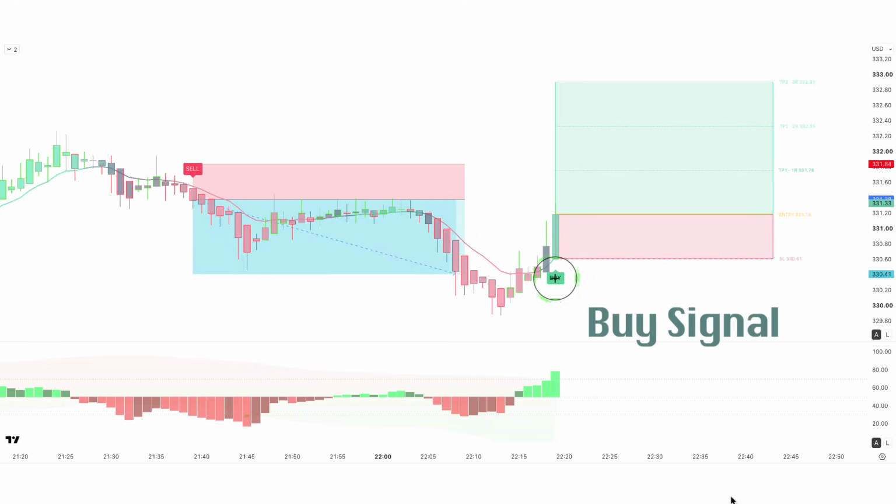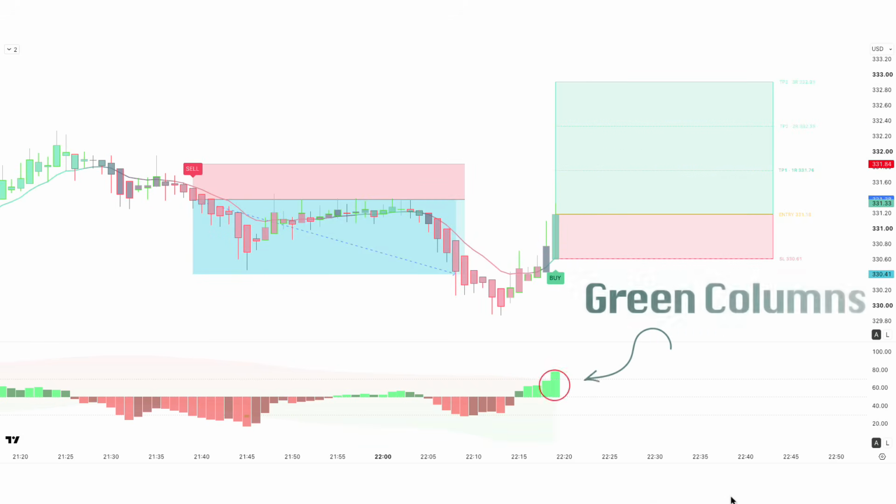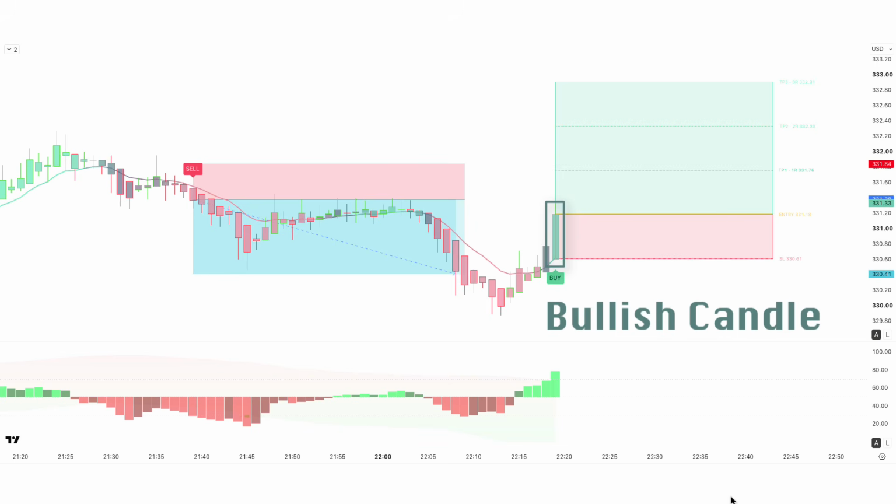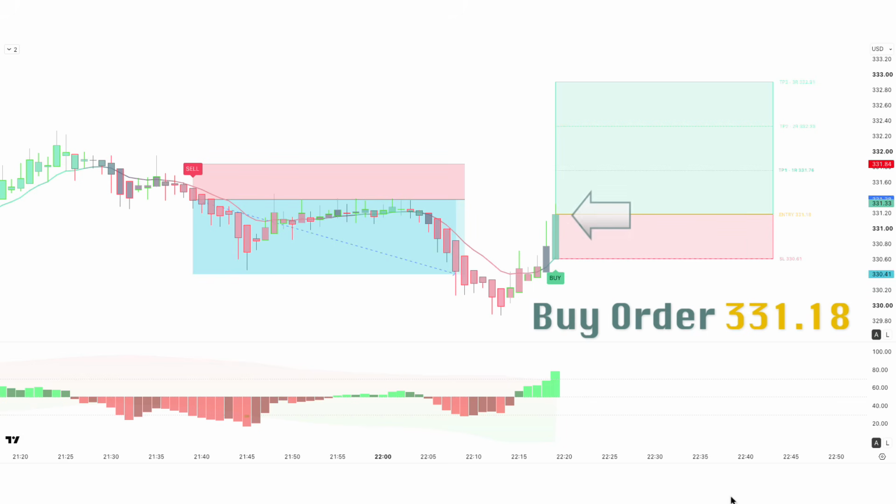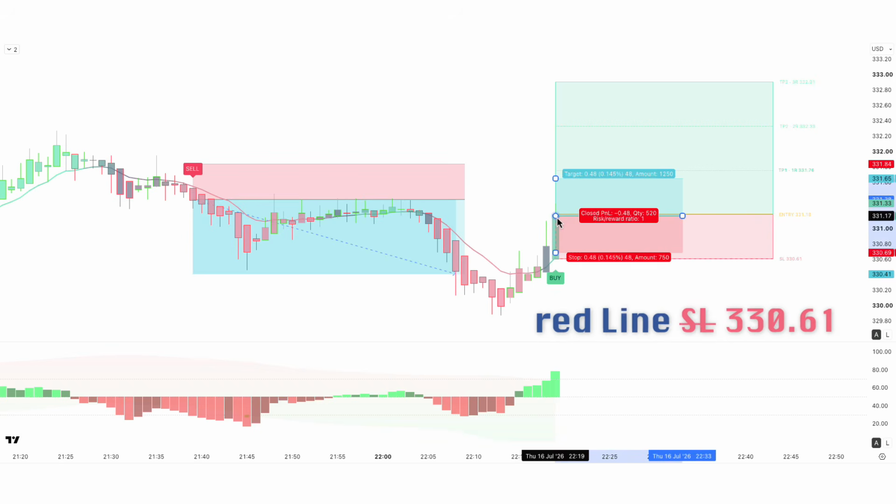When the Quant Confluence Engine label up appears, this is a buy signal. The green columns of Dynamic RSI Level Plus Divergence should be above the zero line. When the market forms a bullish candle, if this condition is fulfilled, then we will place a buy order at 331.18. Our stop loss is to be placed at the red line SL,